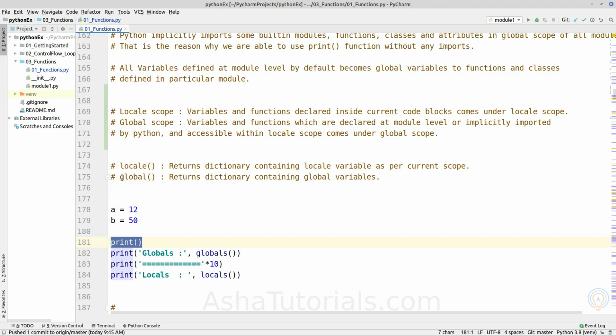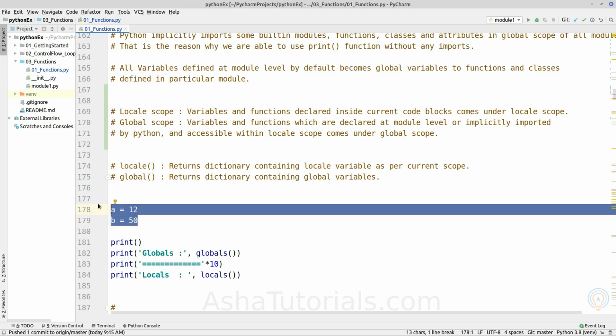There are two functions. The first one is globals, which returns a dictionary containing global variables, and the second function is locals, which returns a dictionary containing local values as per the current scope. Both functions return values based on where they are executed.